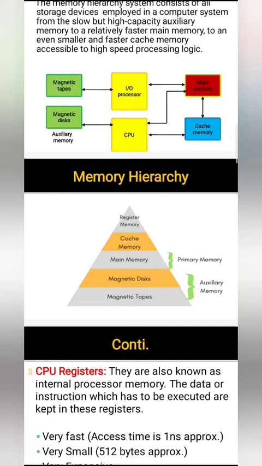Now, naturally, if the capacity of a memory will increase, its access time will become very large. So, from a big size memory, if you need to read a piece of information, it will take more amount of time. Obviously, if a memory capacity is small, the time required to read a piece of information will be very less. So naturally, its access time will be less in case of a small size memory, and the access time to read any piece of information from a large size memory will be very large.